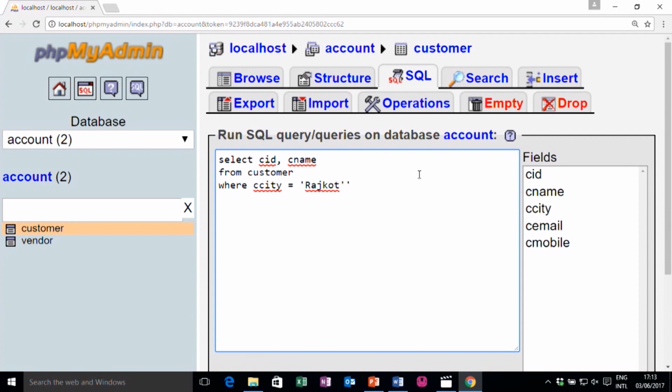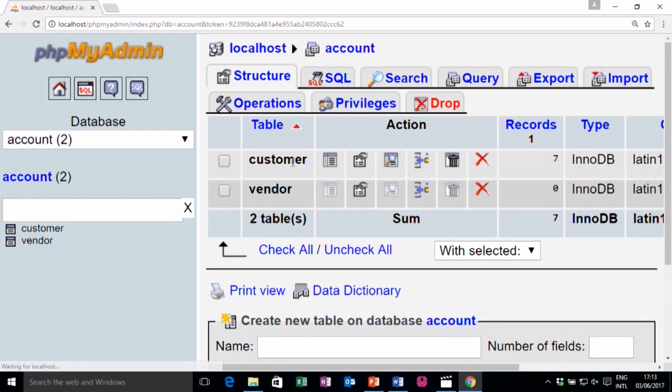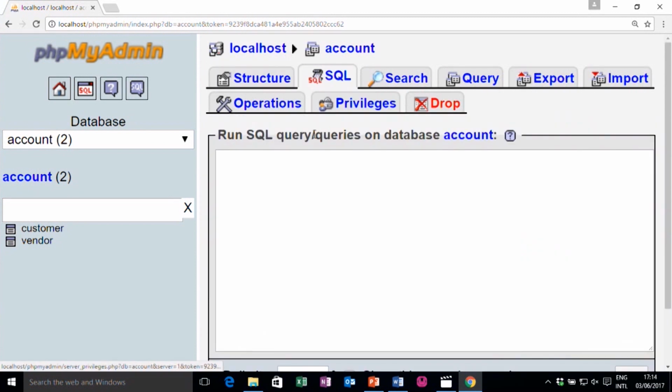Though I do not include the city in the select clause, I want to display only these, sorry, I have to write just select CID CNAME from customer where C city is Rajkot.